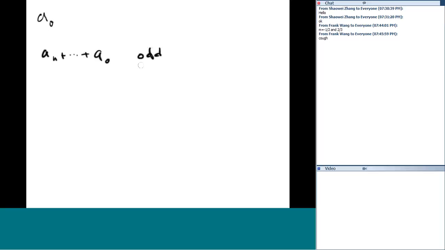That's all the same. Which means if an x^n plus an-1 x^(n-1) plus ... plus a0 equals 0 has a root, the root you can assume